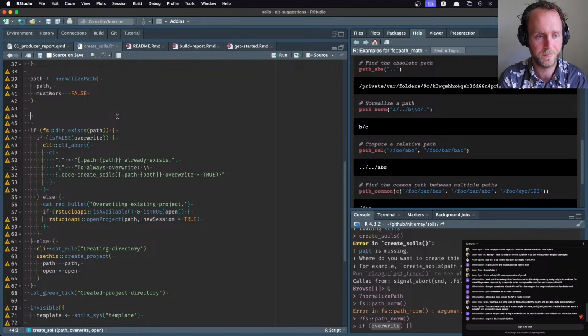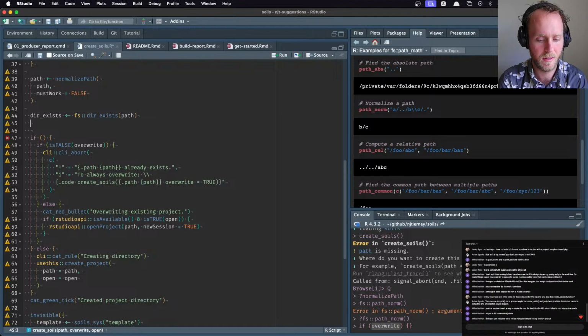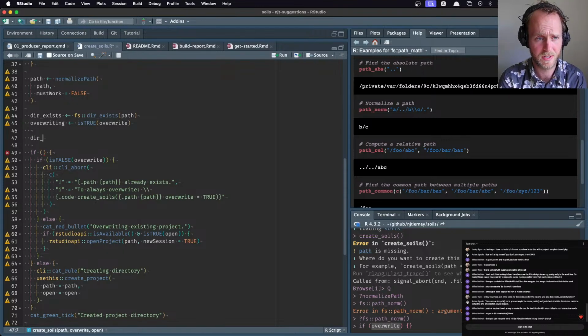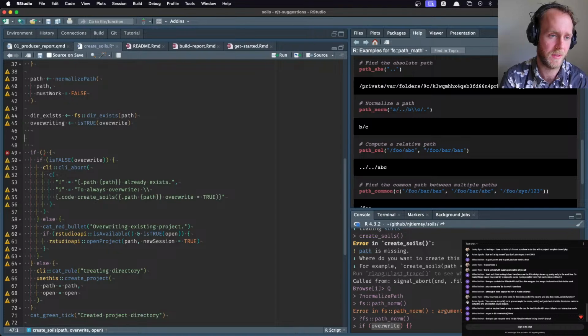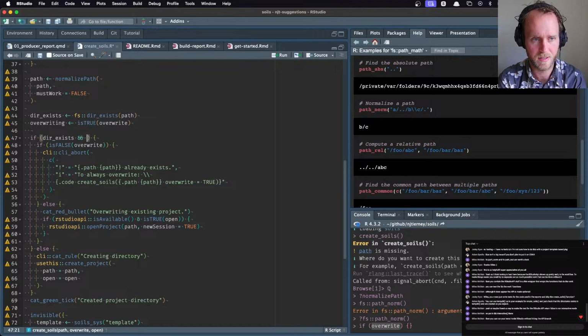So I'd say dir exists is this, and I would say overriding takes on is true, override, and then I'd say dir exists, and then you could do something like if dir exists and overriding, then do this,